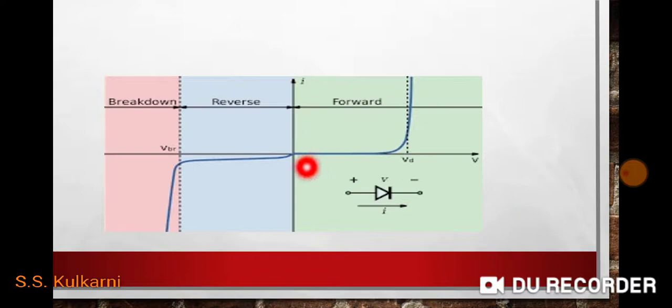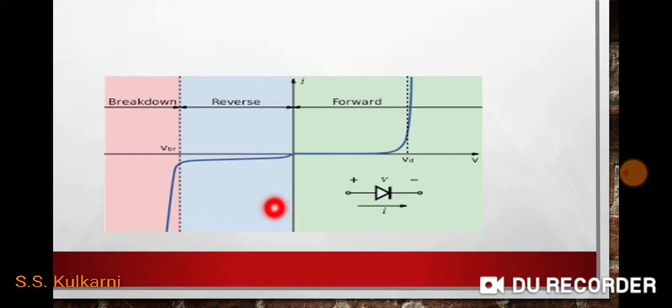This figure shows the characteristics of Zener diode. As I told you, Zener diode behaves exactly similar to the normal or rectifier diode when it operates in forward bias mode. Hence, the forward bias characteristics of Zener diode are exactly similar to the normal or rectifier diode. Now, I am going to discuss the characteristics drawn in the third quadrant, and that is known as Zener diode characteristics. These characteristics can be divided into two parts, this blue part and this pink part.